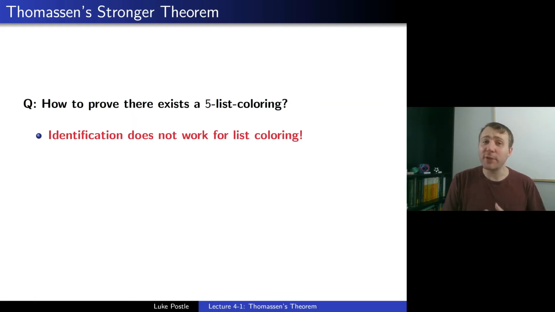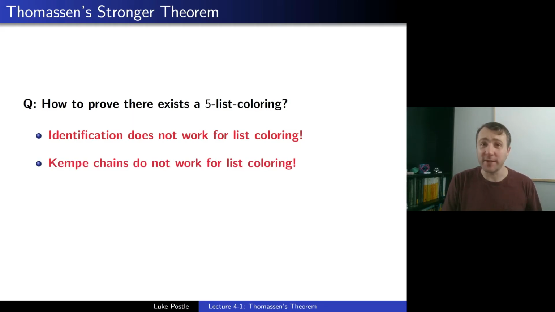So even though you can identify them and keep it planar, it's not clear what list of colors the identified vertex should get. So identification generally will fail for list coloring. So what is so easy, the 5-color theorem for planar graphs can be done in an undergrad course, is hard because identification doesn't work. But there's a second proof of the 5-color theorem, namely via Kempe chains, where you flip